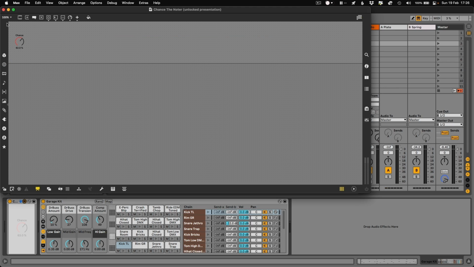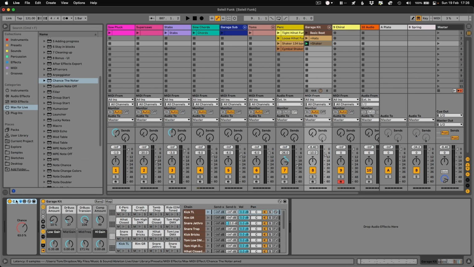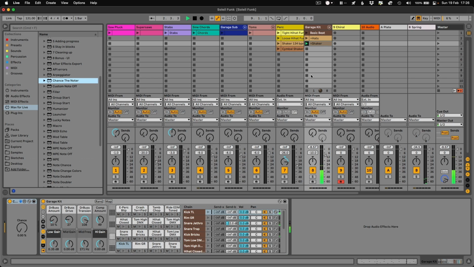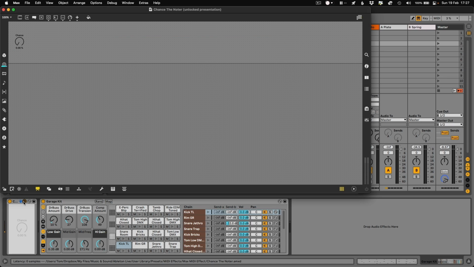Because in fact, one thing that you'll see, speaking of tweaks, is when I load this device, if my thing's playing, notice how it defaults to 0, it just goes off straight away. Maybe I don't want that. Maybe I want it to default to 100. So again, that's something that I can set in the inspector. So I'm going to open this device. Any parameter, if I select that and open the inspector,